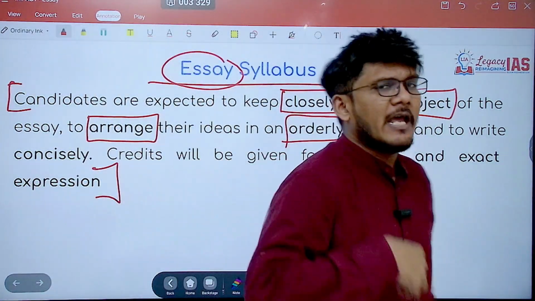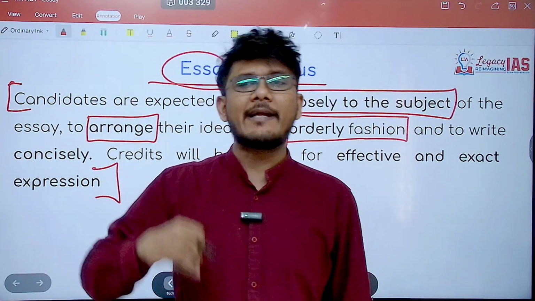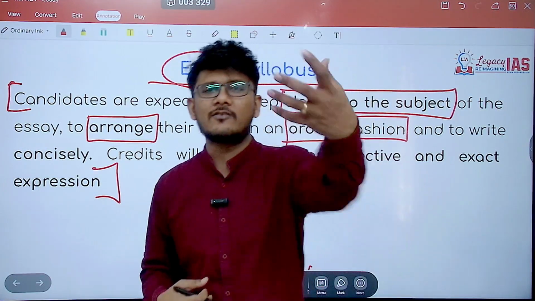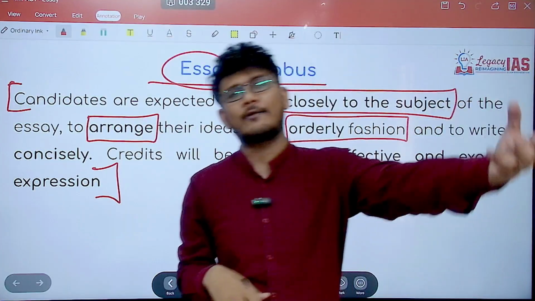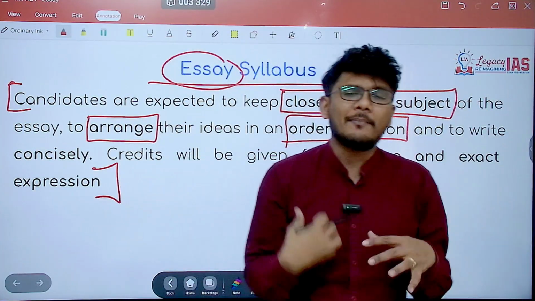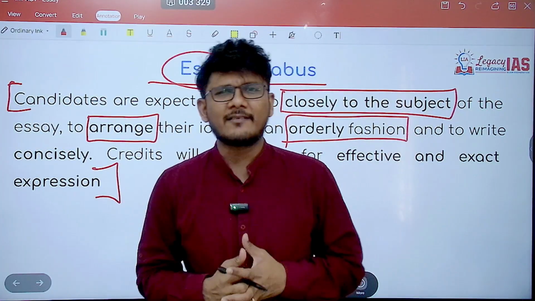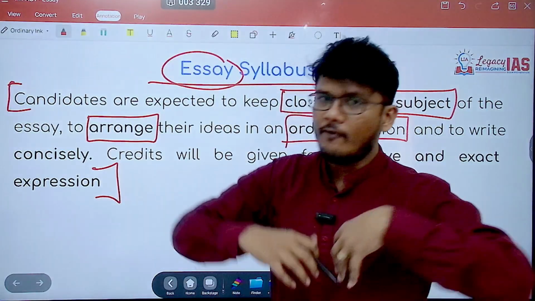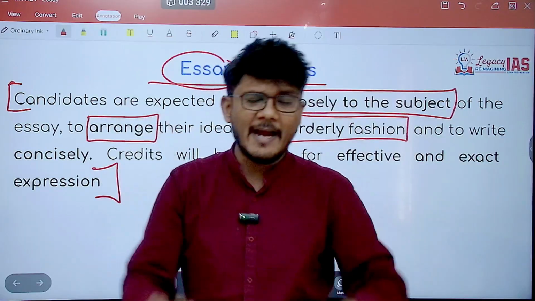For example, if the essay is about myself, I'm writing about myself, I cannot start with respect to what I did in 12th standard, then go back to 10, then come to engineering, then presently what I'm doing, then go back to childhood. Now, what is happening? The ideas here are randomly arranged. So does it make sense? It will not make sense. There will be no link. So I have portrayed ideas, but I have thrown them in a random fashion.